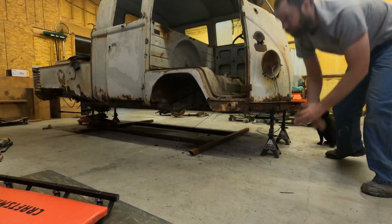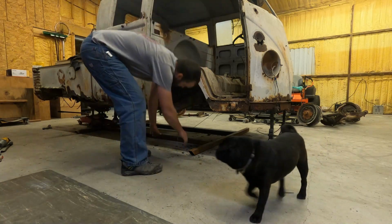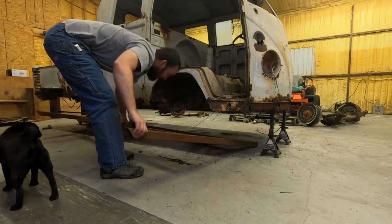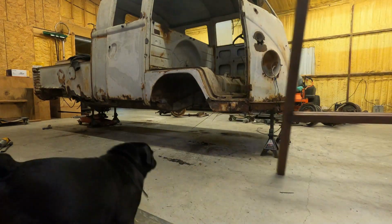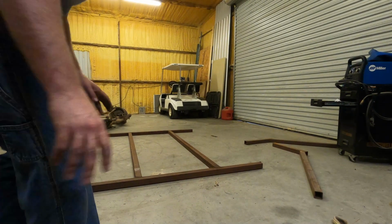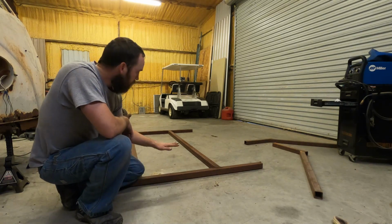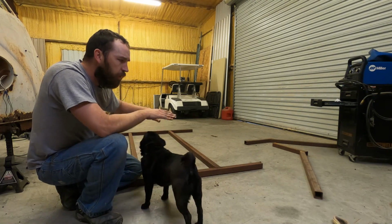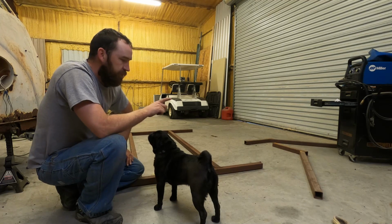I think the best way to do this is actually take the back out. What I'm going to do is, I've got to figure out, I need to make this thing as level as possible, because it's real hard to do brackets and everything else. So what I'm thinking about doing is getting the wheels